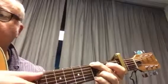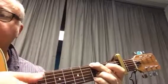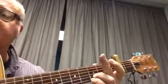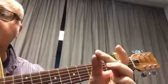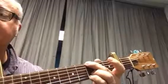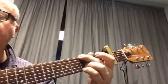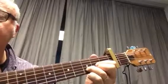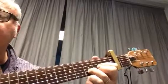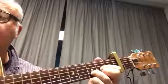Alright, I'm actually plucking the fifth string, but I'm not getting any sound out of it because the finger pulp is pushing down onto the string. Okay, and then I just want you to strum 8 times on your D chord. You're only strumming the bottom 4,